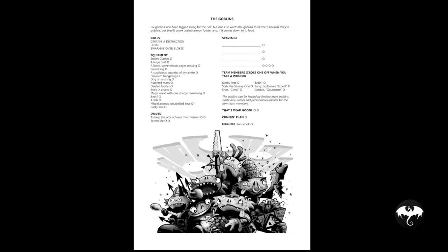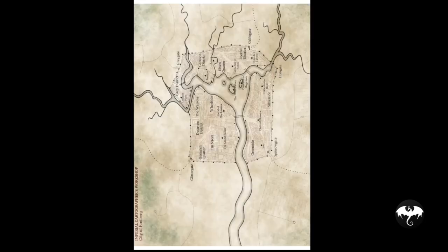And there's one called Stinky Pete. Doesn't refer to me at all, and any resemblance is purely coincidental. There is a map of the city of Freiburg. And then there's a list of the bad guys, and the bad guys have a name and a basic description